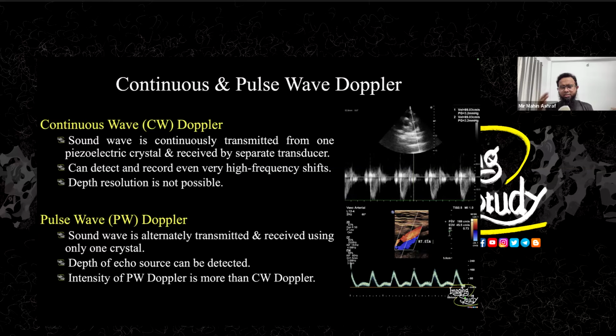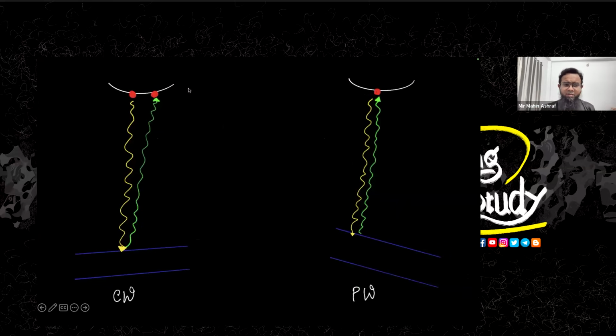It's quite complicated, but if you want to make it simpler, let me help you. In case of continuous wave Doppler, we have two different sets of crystals working. And in case of pulse wave Doppler, a single set of crystal is working. So when there are two sets of crystals working,